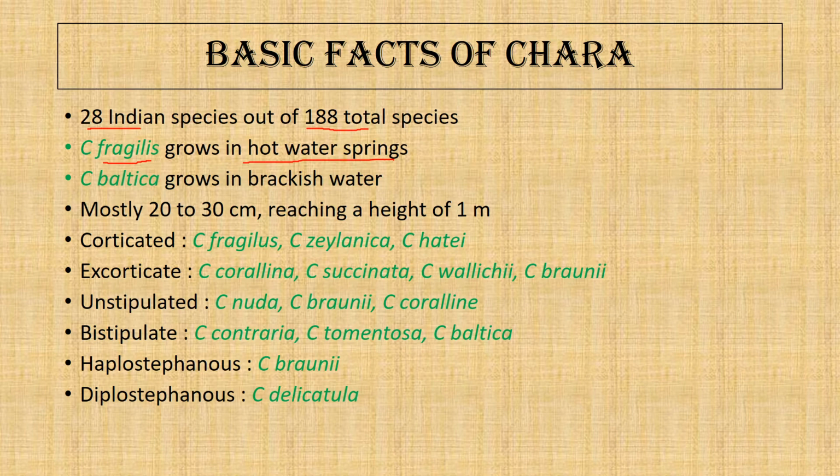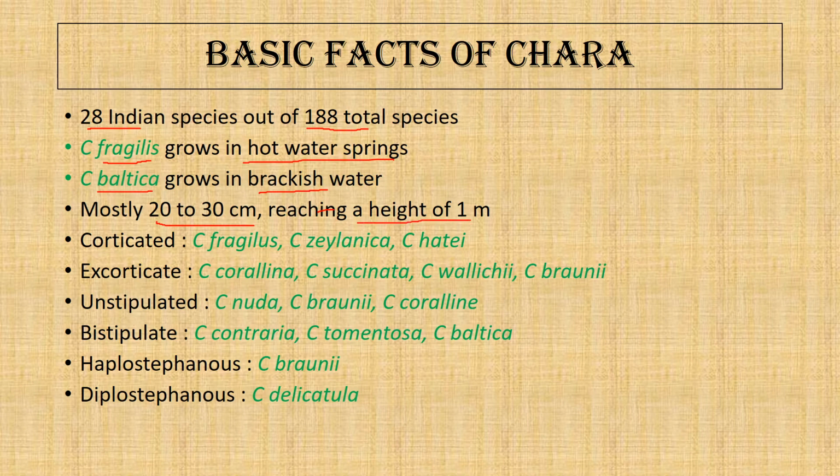Another outlier is Chara baltica. Generally, Chara is found growing in fresh water, but Chara baltica grows in brackish water. It is found in the Baltic Sea, so it was isolated from there. Chara is mostly found growing to a height of 20 to 30 centimeters, but if the conditions are very conducive, certain species of Chara can grow to a height of